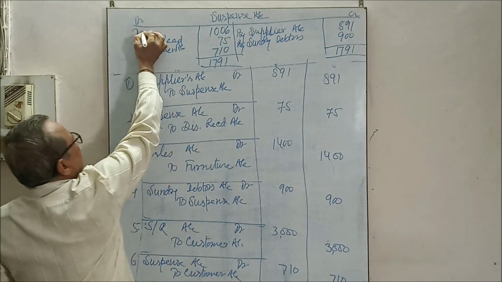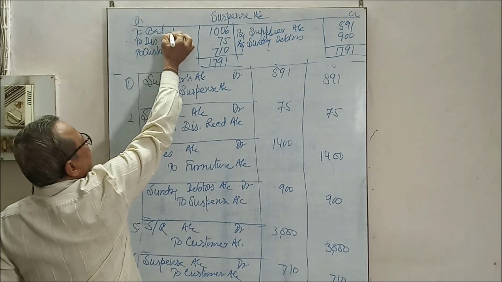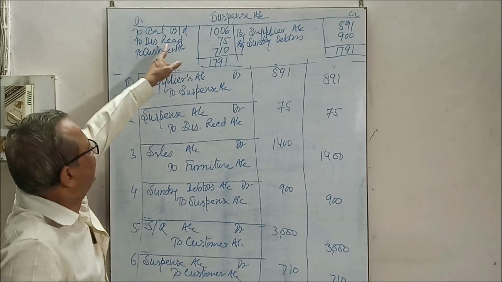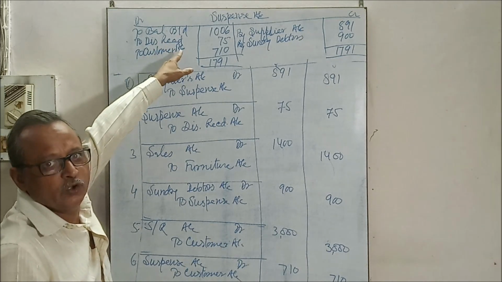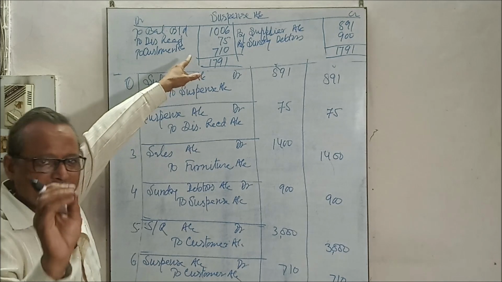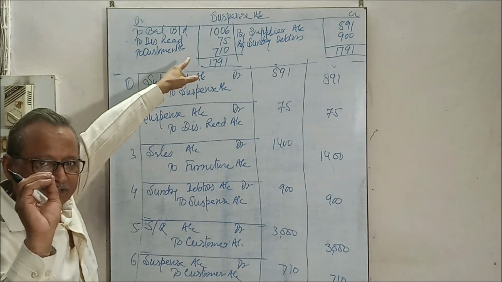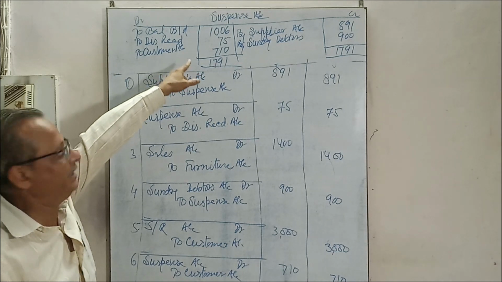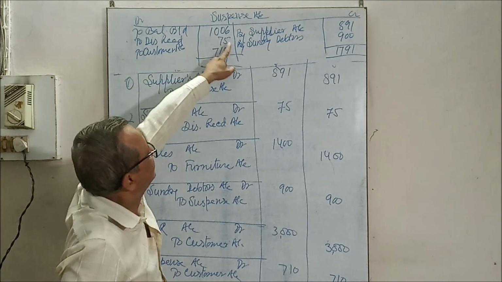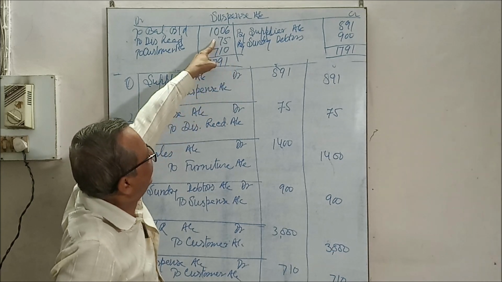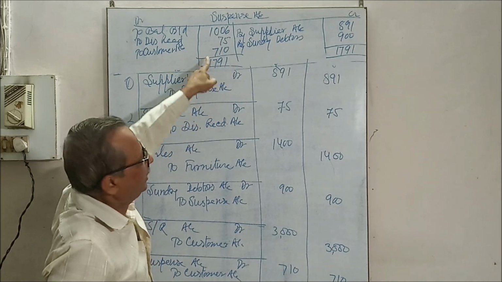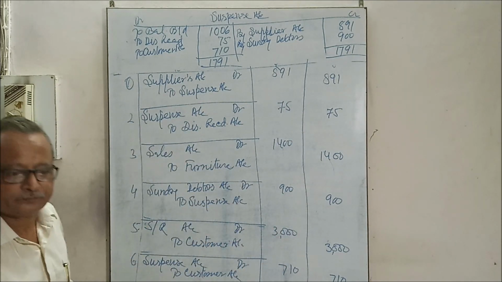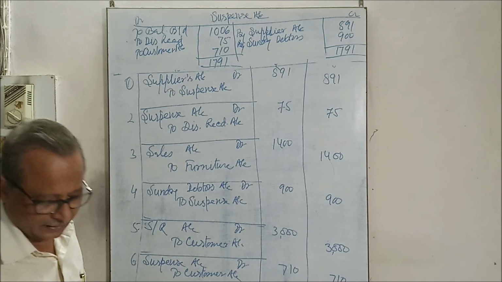Now this is called balance brought down. It was the opening balance already given as a debit balance. That balance is lying on the debit side. The opening balance amount was given but it was not stated which side it was taken into the suspense account, debit side or credit side. Now we found this is the debit side. 1971. Now the whole errors have been rectified correctly. This is one way of rectifying the errors.